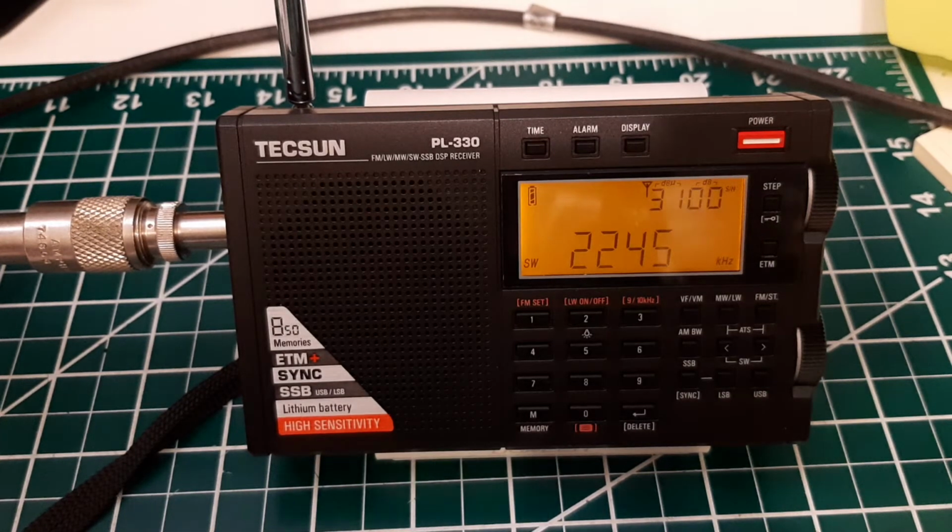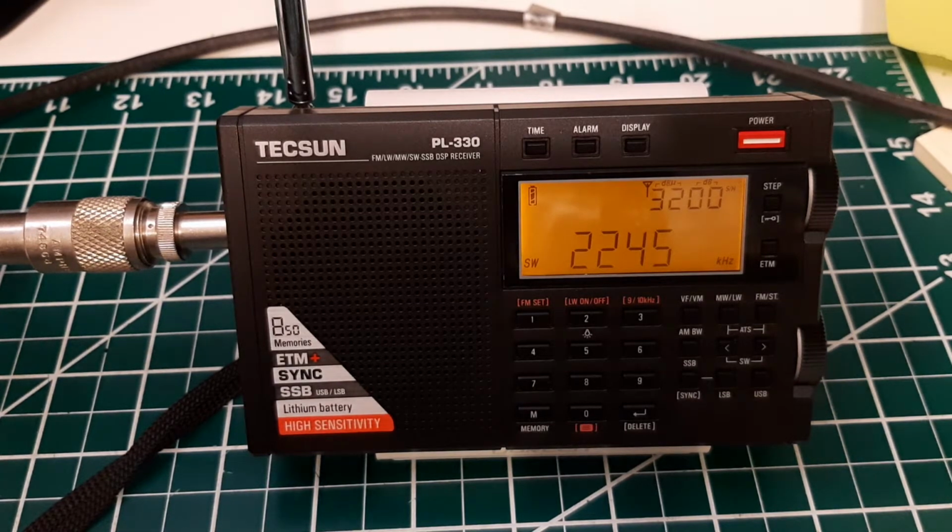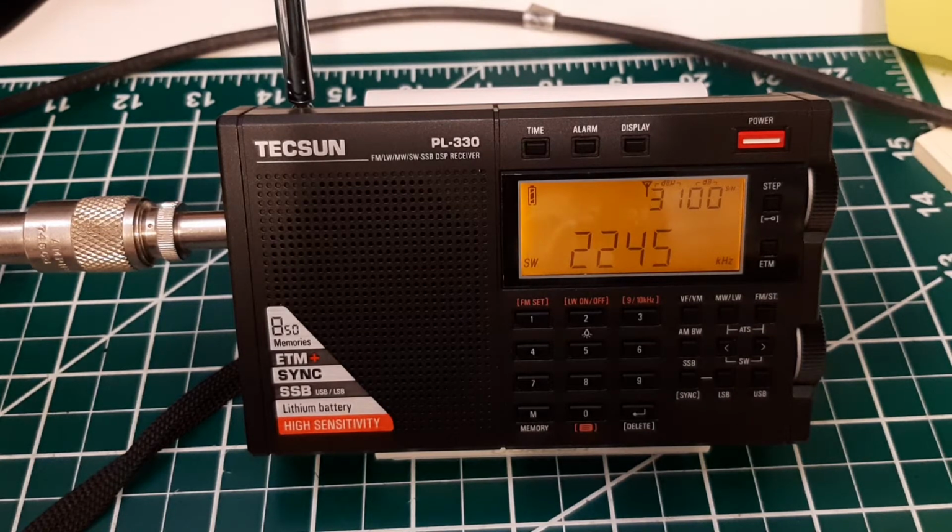I got a fast response from Anna at Anon-Co about the backlight. And I should have read the manual more closely, because it's in the manual. Yes, you can turn the backlight on permanently. Now, the